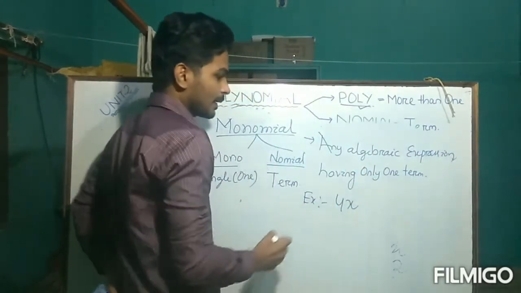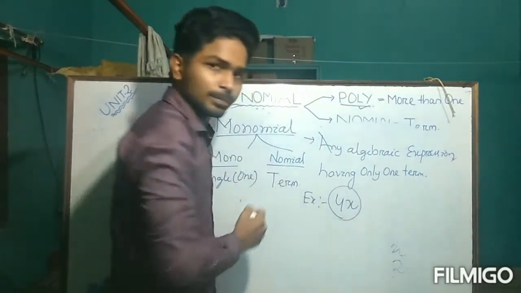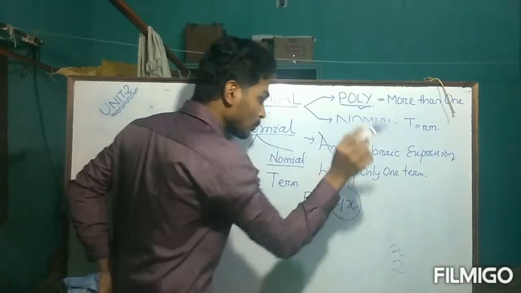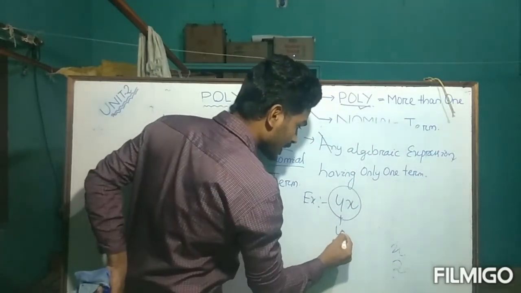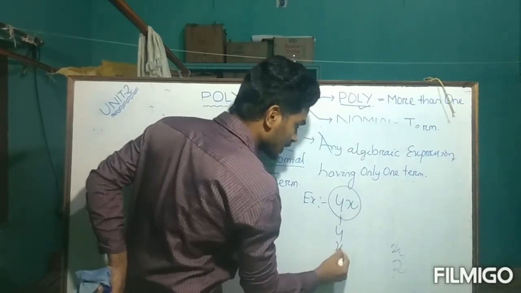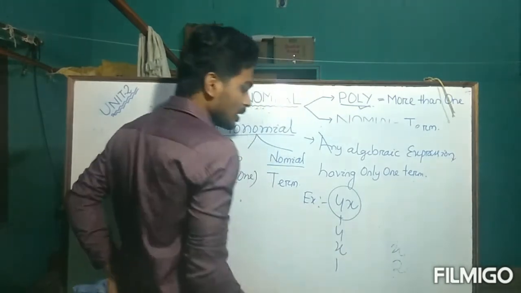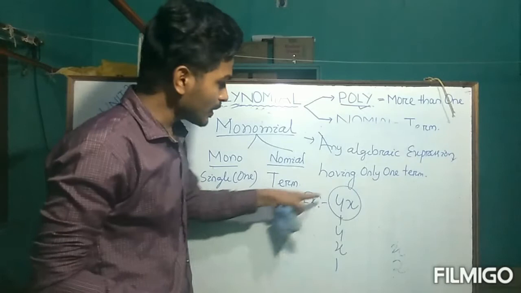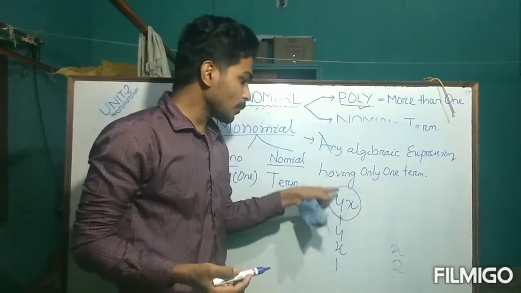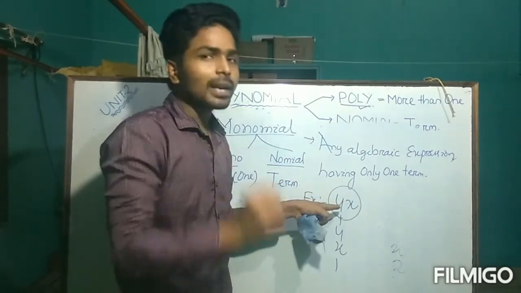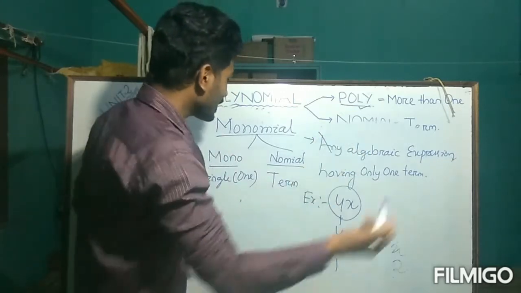4x is a single term and it is also a polynomial. Why is it a polynomial? Because the coefficient is 4, the variable is x, and the exponent is 1, which is a non-negative integer. So it is a monomial. Why? Because it contains only one term. Understood? For example,